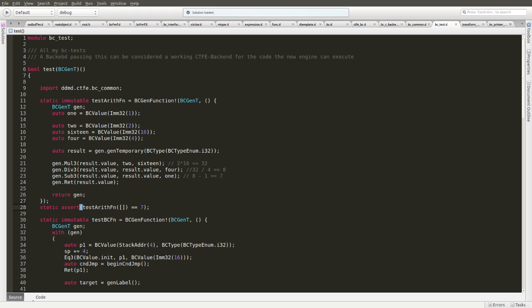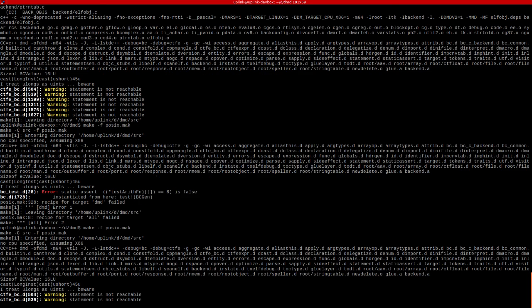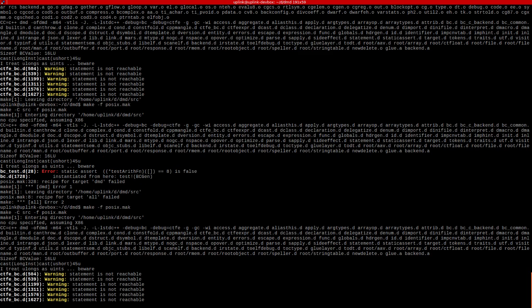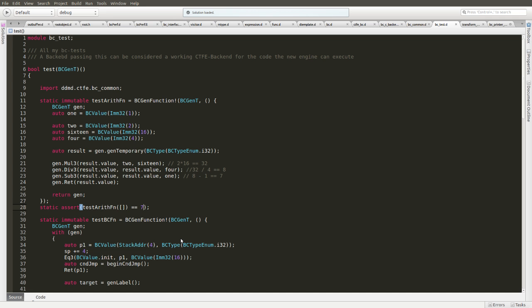I save it and I recompile, and now it compiles again. And this is how I check that my bytecode evaluator does the right thing. And for that, it needs to emit commands such as this, like gen temporary, gen mod3, div3, sub3, and return. And